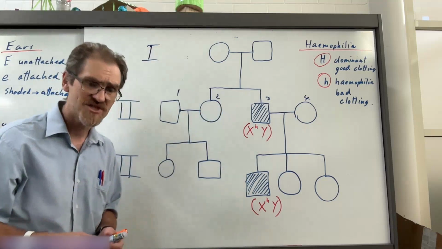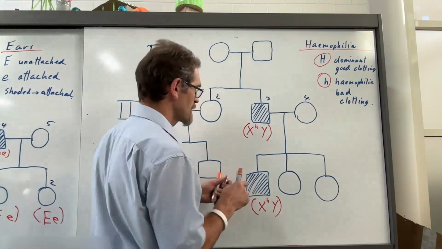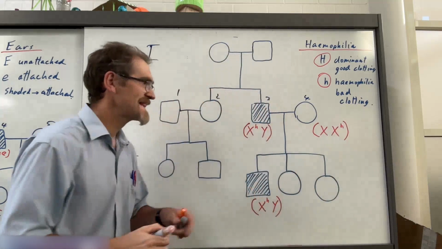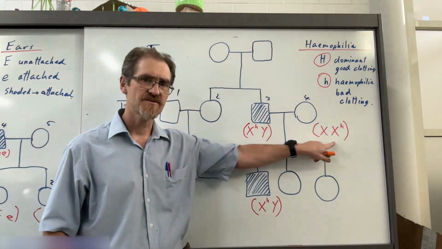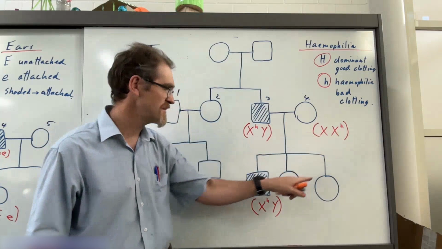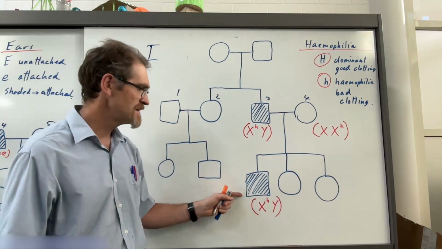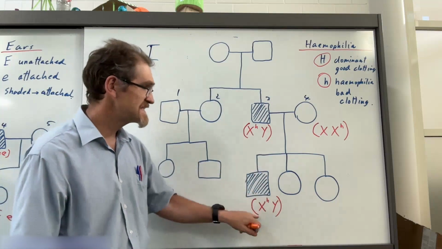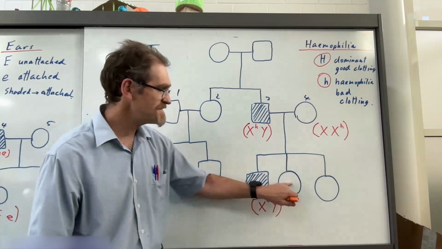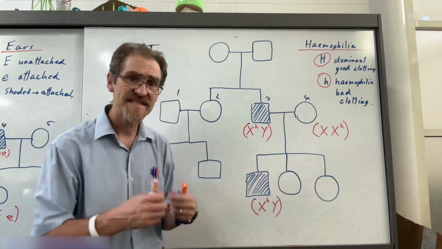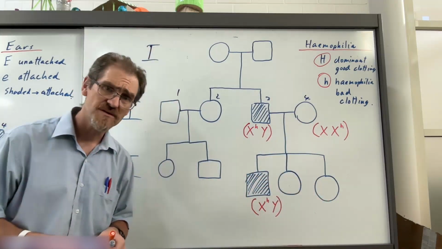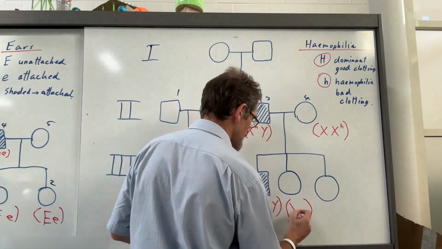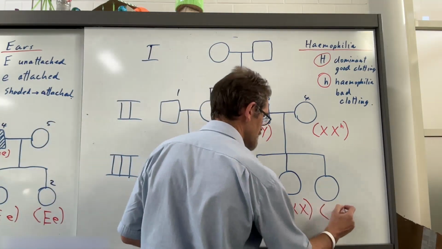So what does that tell us about the mother's genome? At least one of the mother's XX chromosomes has to be carrying the recessive allele in order for this male to receive the recessive allele, because he gets the Y chromosome from the dad, which means he has to get that one from the mum. But we have 2 individuals here with XX chromosomes who are not haemophiliacs. So we know that these 2 individuals, both XX individuals,